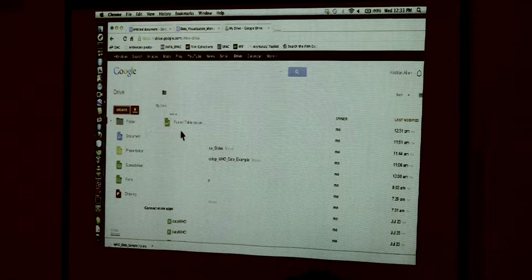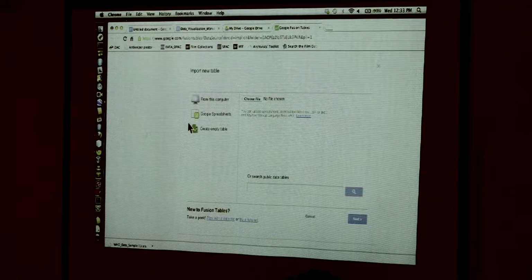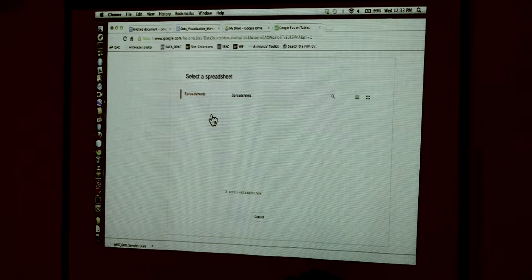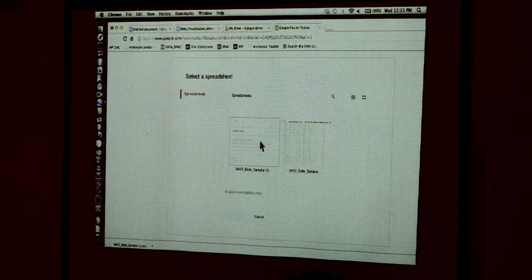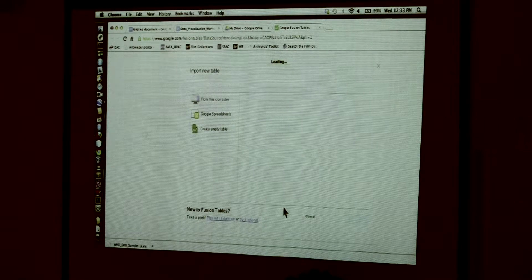So if you click Create, you should see Fusion table under the list here. And then we'll choose Google Spreadsheets. And you should have a list here, and you should see what you just created. And so just click that and click Select. And so the next step then, it'll do a partial import of it, and